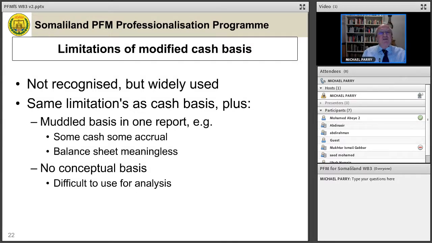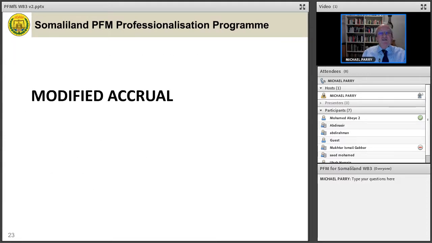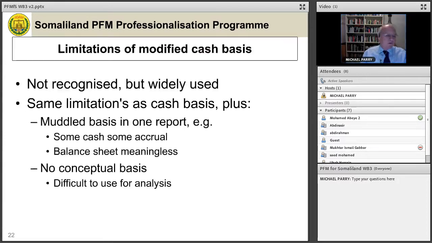One of the limitations of modified cash basis, well, we said it's not recognized. There's no official definition, but it is quite widely used, in fact, very widely used. In fact, until a country started moving to accrual basis, it was probably the most widely used basis of accounting. It's got the same limitations as the cash basis,